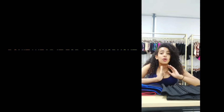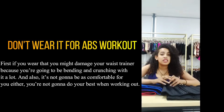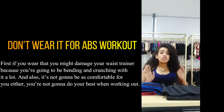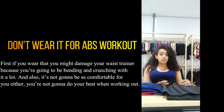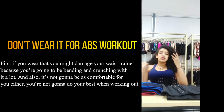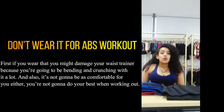And also, while doing abdominal workouts like bending, crunching, it's not recommended for you guys to wear it during those times either, because you'll be bending and maybe crunching even, so you're going to be damaging your waist trainer. So if you want your waist trainer to last for a long time, then it's not recommended to work out using those. We have other ones, the ones without steel bones for ab workouts, like the fitness belt. We'll show you in the future, okay? And also,